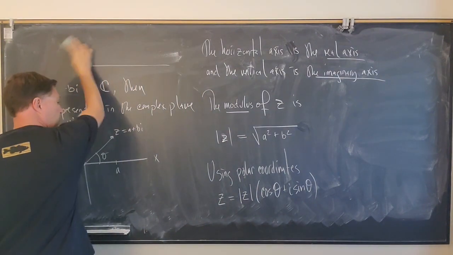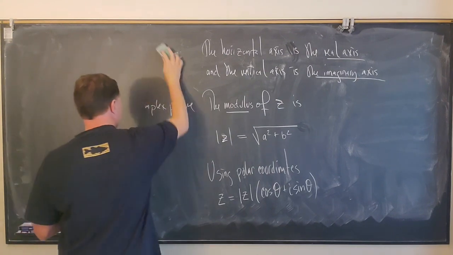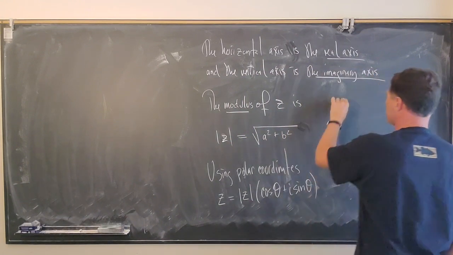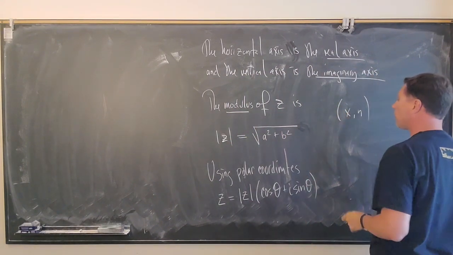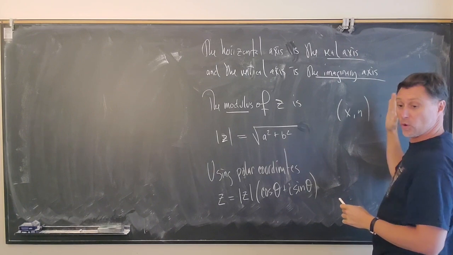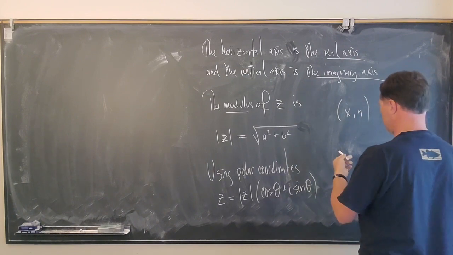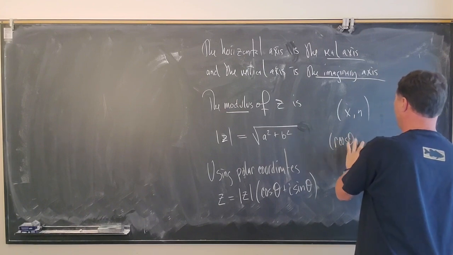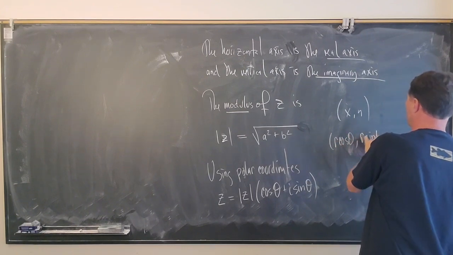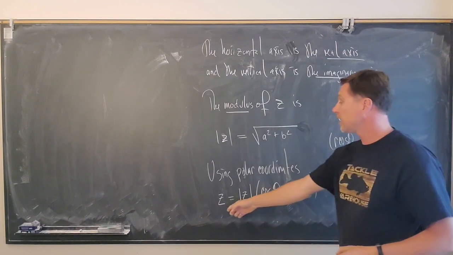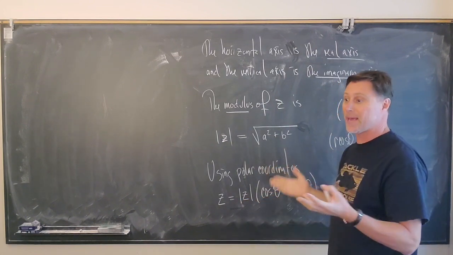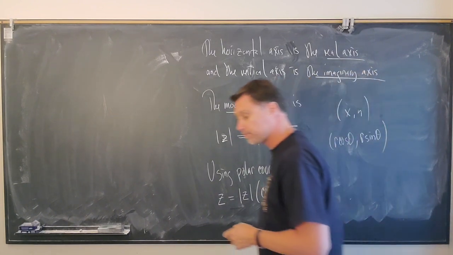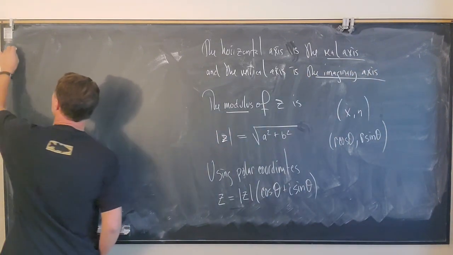Okay, I'm going to have to erase that picture, but remember that just as when you're working in the plane, you can write an ordered pair. If you have an ordered pair x comma y, there's a way to go back and forth between the ordered pair and the complex representation, which would be r cosine theta, comma, r sine theta. And so this is just using the a plus bi notation rather than the ordered pair notation. Now,